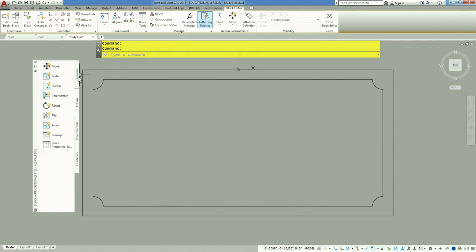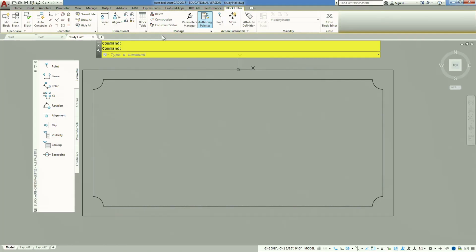So the first thing I want to do is, let's talk about base point. What if I wanted to change the base point? The first thing you could do is just move this block, maybe grab an end point and make that the new 0, 0. You also have the base point tool over here in the parameters panel. Now this isn't going to give you multiple base points. What this will do instead is replace your base point. So if you decide I wanted the bottom left corner of this table to be the base point,